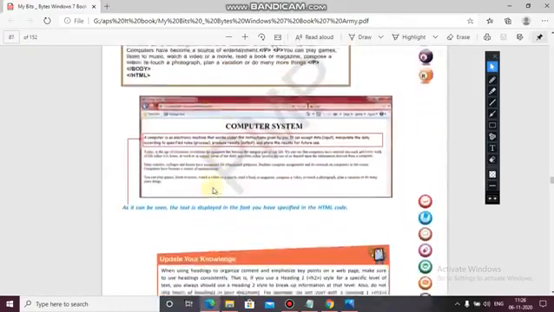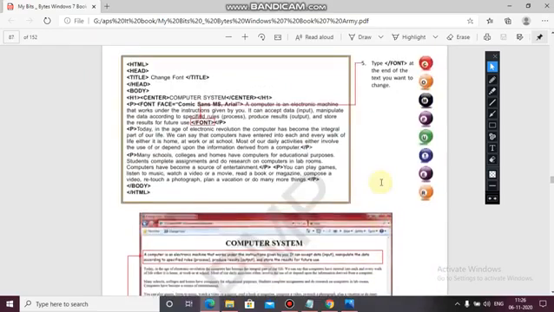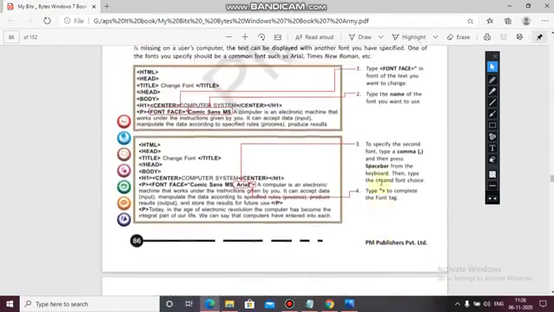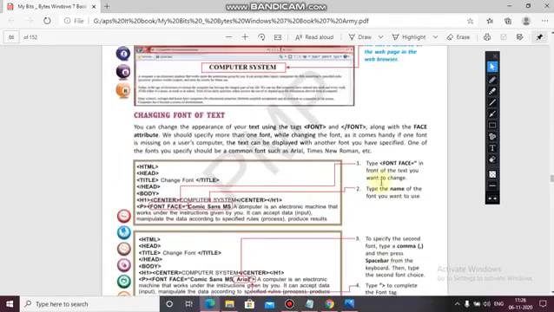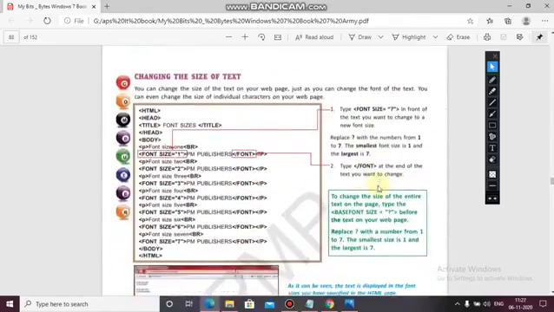How we can change the size of the text. As we have seen how we can easily change the font face of the text, now can we change the size also? You can change the size of the text on your web page just as you can change the font of the text.